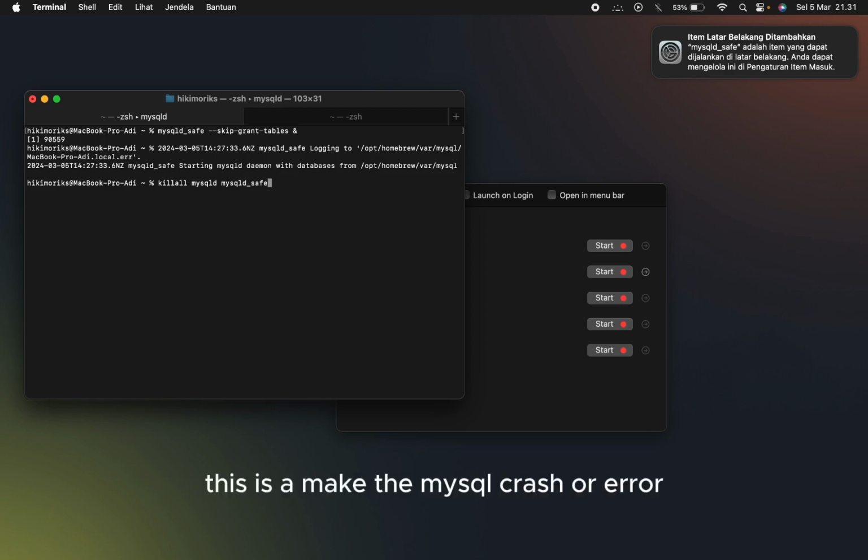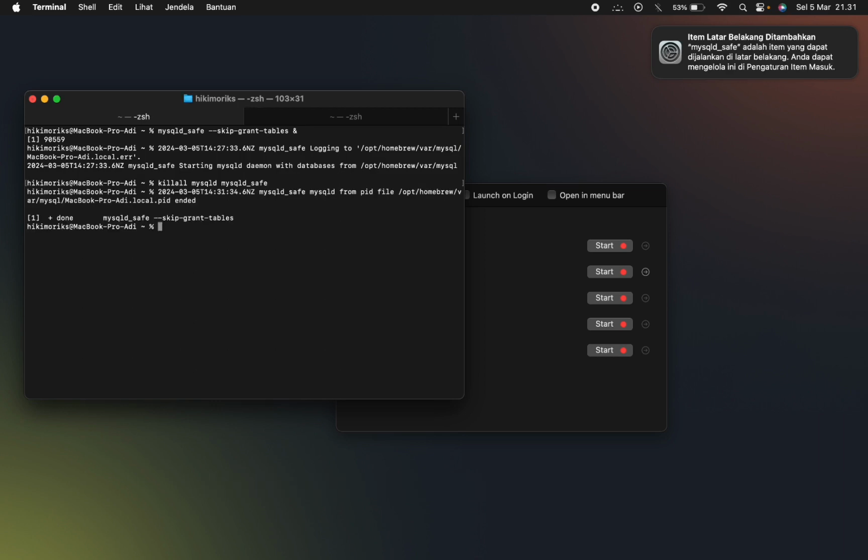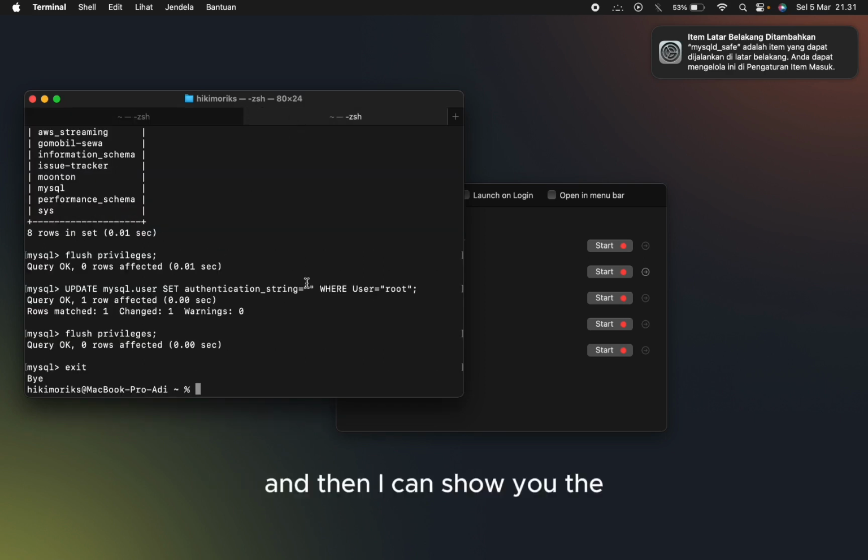This makes MySQL crash or error. And this is the message down here. Then I can show you the ways after installing mysql_secure_installation.